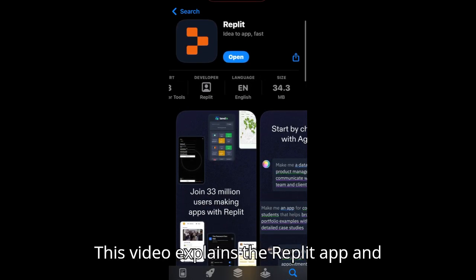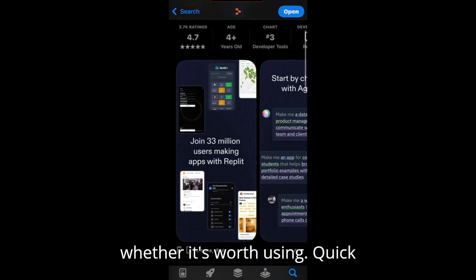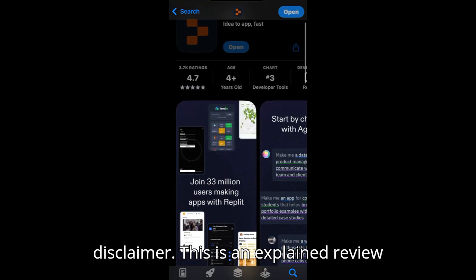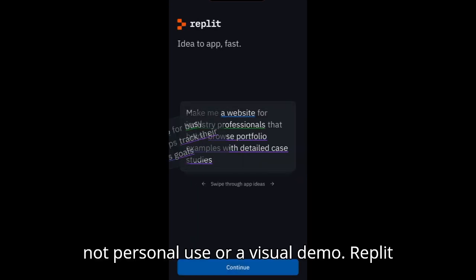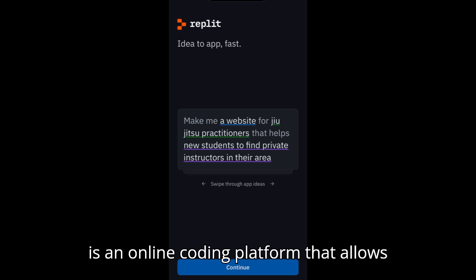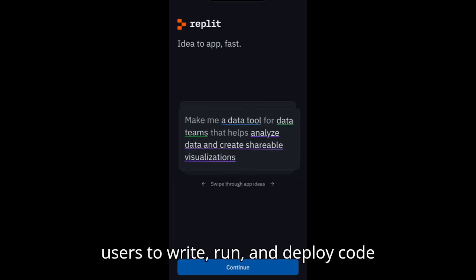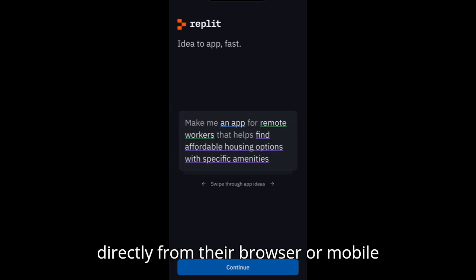This video explains the Replit app and whether it's worth using. Quick disclaimer. This is an explained review based on user feedback and online data, not personal use or a visual demo. Replit is an online coding platform that allows users to write, run, and deploy code directly from their browser